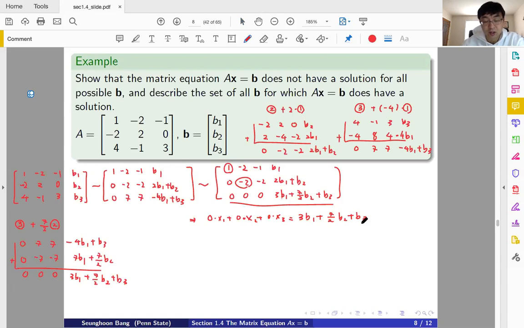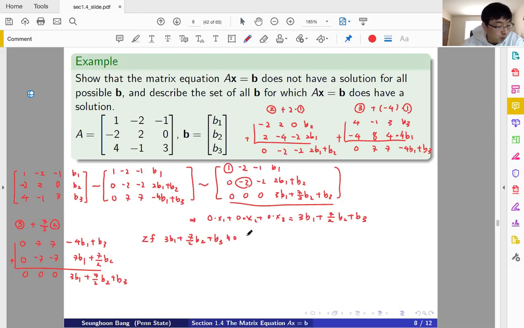So we have a solution or not, depending on 3b1 plus 7 over 2 b2 plus b3. So we have this conclusion: if 3b1 plus 7 over 2 b2 plus b3 is not equal to 0,